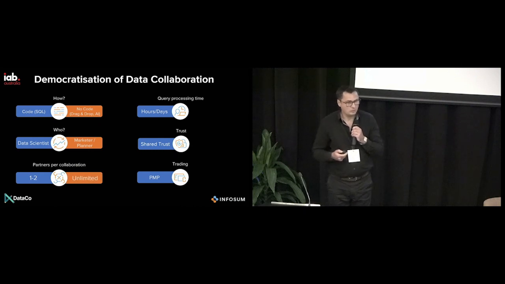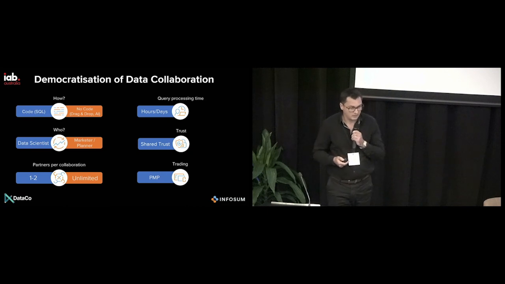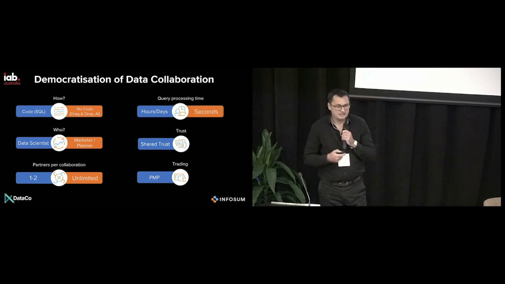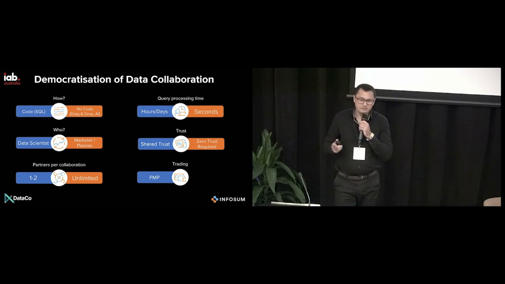And as mentioned, we're going to move away from this hindrance of only being able to collaborate on 1 or 2 partners at a time. Processing will be done in seconds, so you can really actually plan properly without having to constantly wait for these data to be processed. And we'll be moving away from having to trust other environments because no one's going to get access to your data anymore. So they'll be moving to what's being coined a zero trust environment. Most data collaborations done through a data clean room at the moment will require or are being activated through PMPs. We will see that will change and become more RTB orientated.